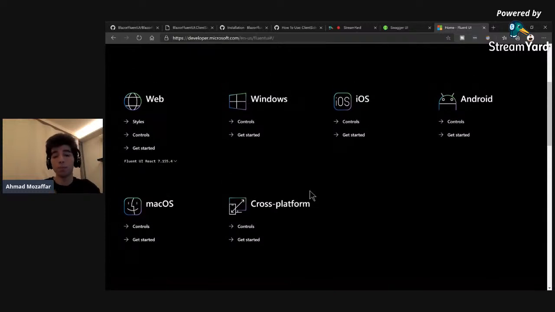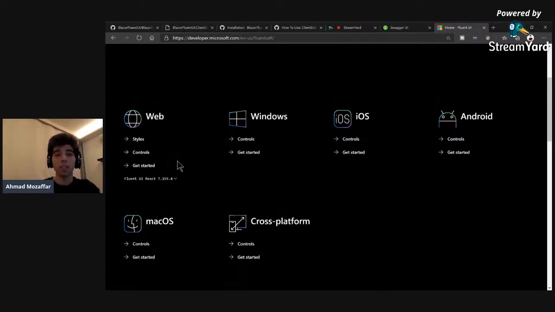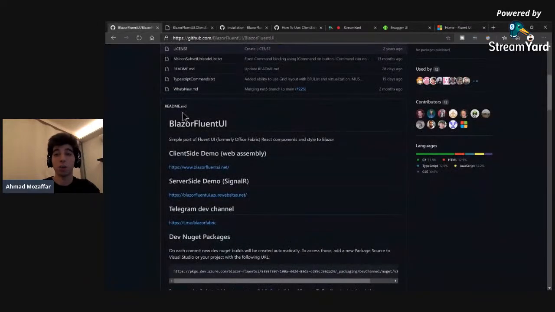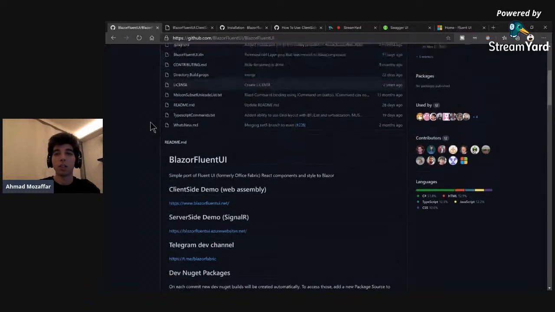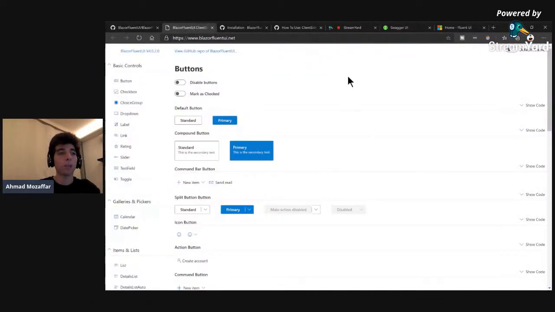For the web, which is basically when you are building web apps, those libraries were available for React.js, but the community here translated that into Blazor, and right now we have the ability to build UIs with the Fluent UI with almost all the components implemented, and the others just getting ready or on the way. So if we look at the sample that's available here, okay, before we have,